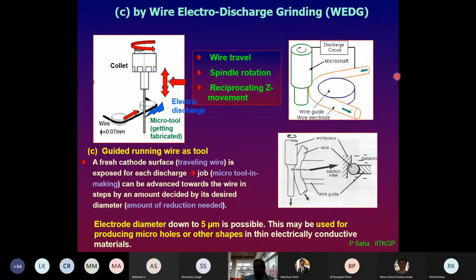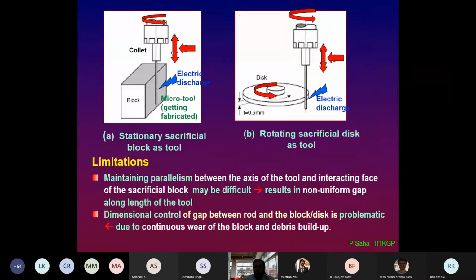Okay, because the block may be a stationary block, or the disc may be rotating, but after some time the same portion of the disc, when it rotates, the eroded portions will come again after one complete rotation. So along this entire circular path, these portions of the rim will be gradually eroded.